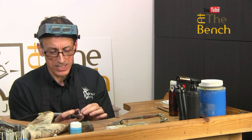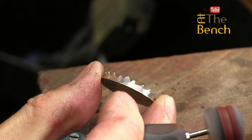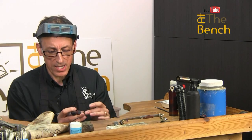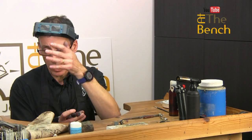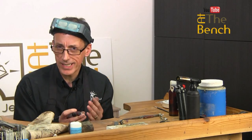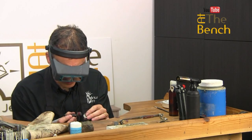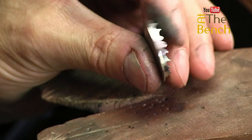exactly the same way. This is quite a scalloped edge to this bezel, so I'm going to have to take really good care that this mop does not get caught in this scalloped edge. Plus, I have only purely wiped this edge with a rag. I should really clean it through an ultrasonic or hot soapy water, but just for the sake of this particular film, you can grab your nice soft mop,